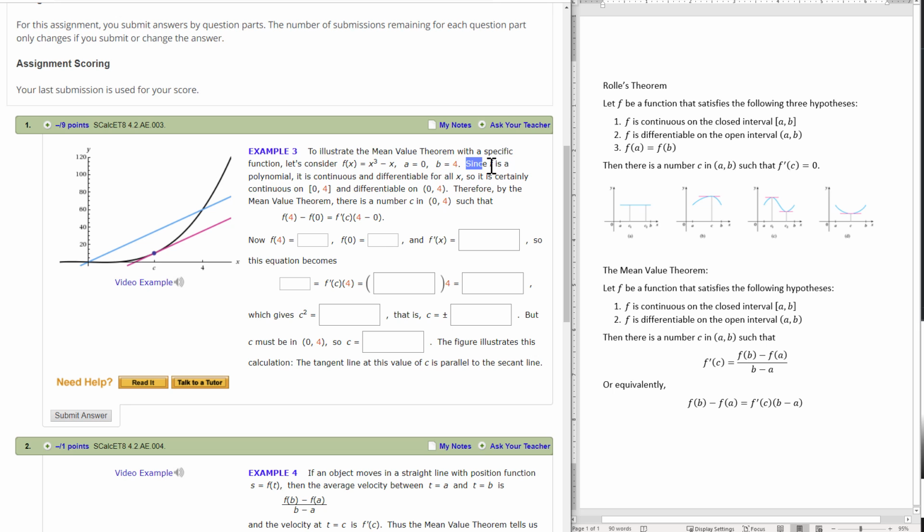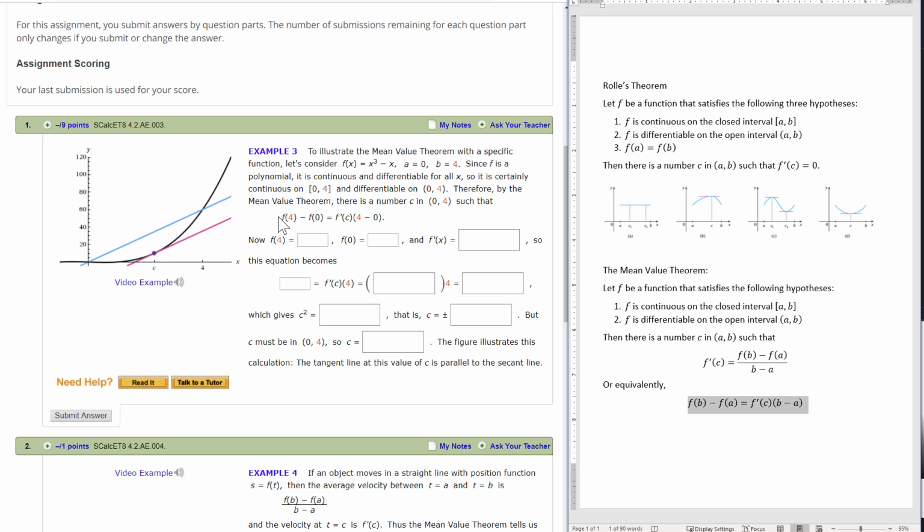It says since f is a polynomial, it is continuous and differentiable for all x, so it certainly is continuous on the closed interval [0, 4], and it's differentiable on the open interval (0, 4). Notice that those are the conditions for the mean value theorem. Therefore, by the mean value theorem, there is a number c within this interval (0, 4) such that, and this is a statement of the theorem over here,